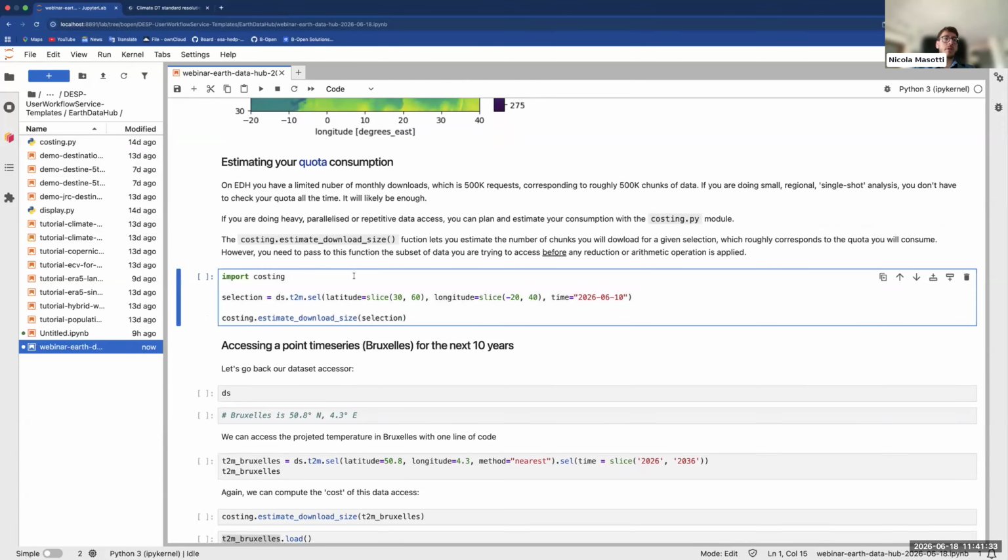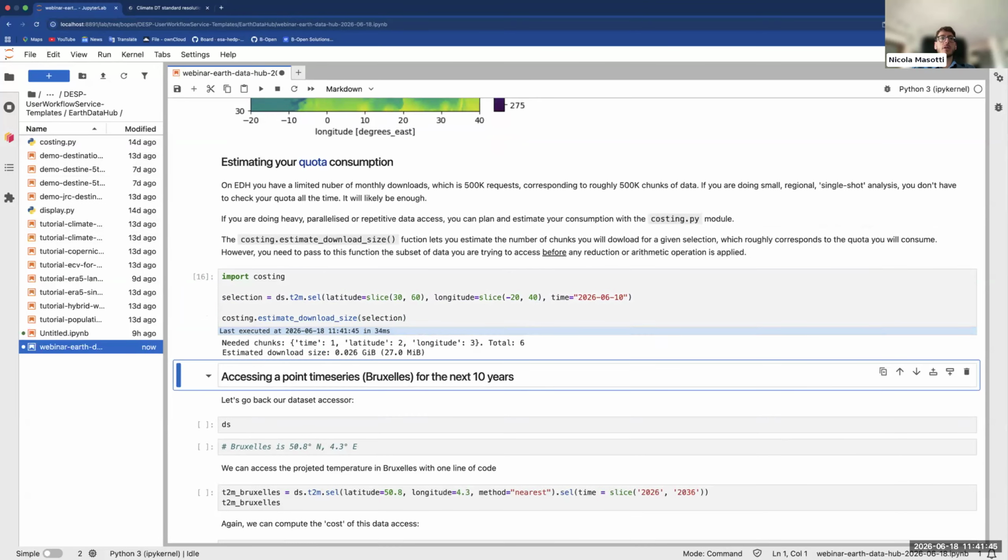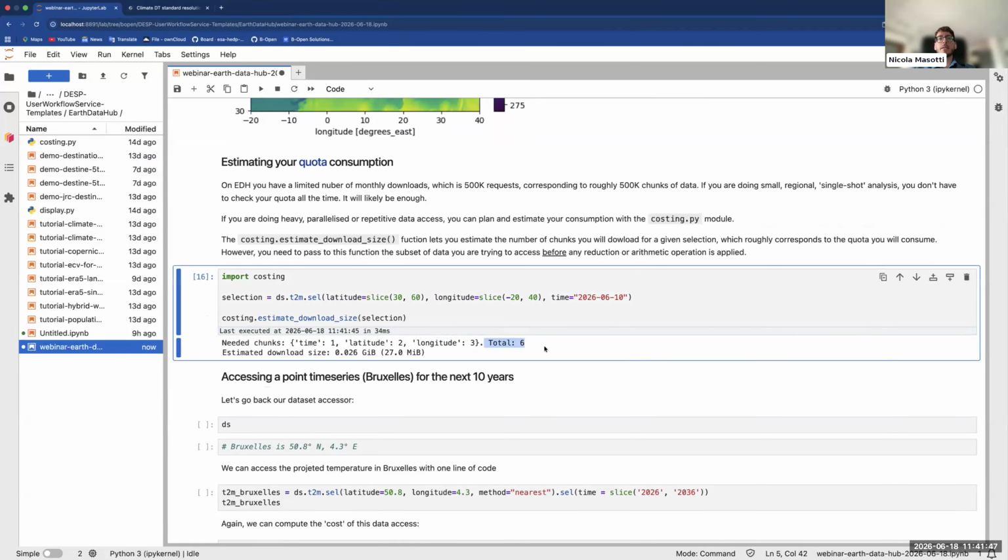If you import the costing.py module and define a specific selection of the dataset you are trying to access, you can then call this estimate download size function on your selection, and you will get an indication that you will need to download a total of 6 chunks for around, in this case, 27 megabytes of data, which is the compressed size of the data that will become a little bit larger when you load it into memory.